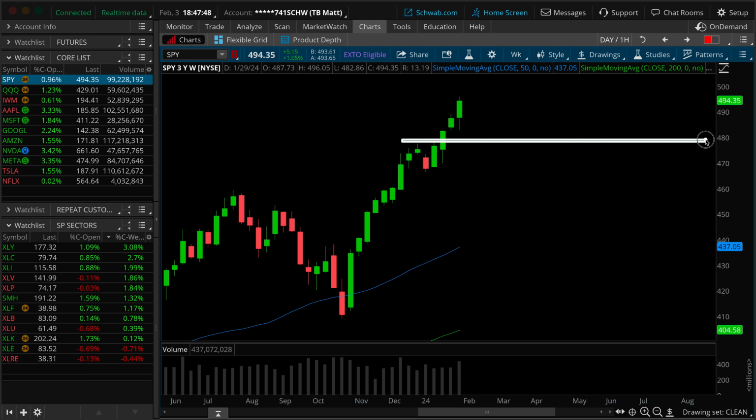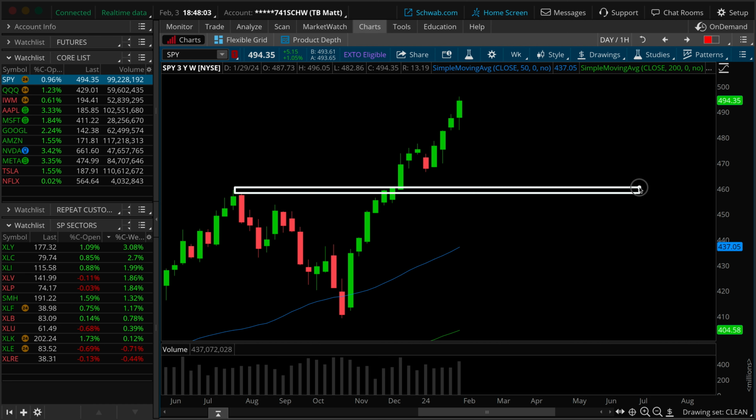And the main place to look for a weekly higher low right now is the top of this previous range over here, roughly around 480 on the weekly. On the daily chart, we know the level to be closer to 477.50. If there is something that looks like this, we are still maintaining a weekly uptrend. And as we saw from the monthly time frame chart, this level around 460 still makes a whole lot of sense on the higher time frames,